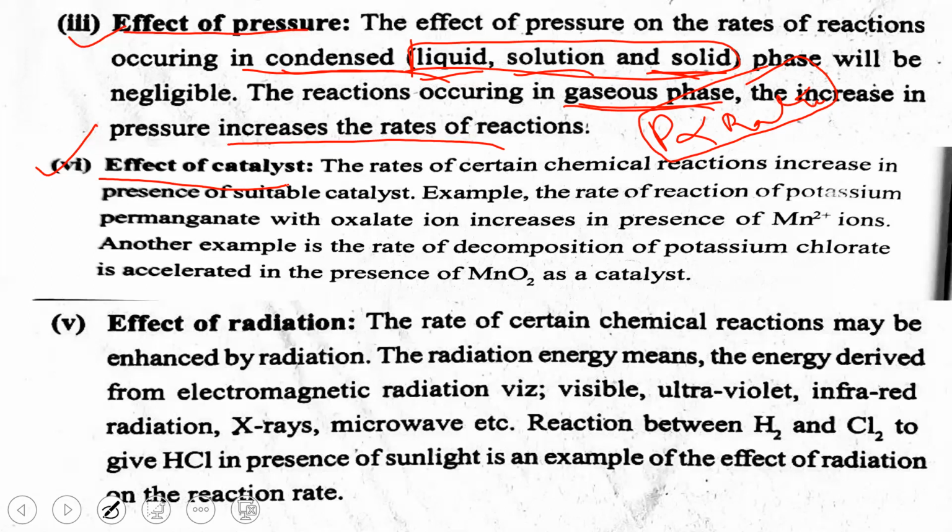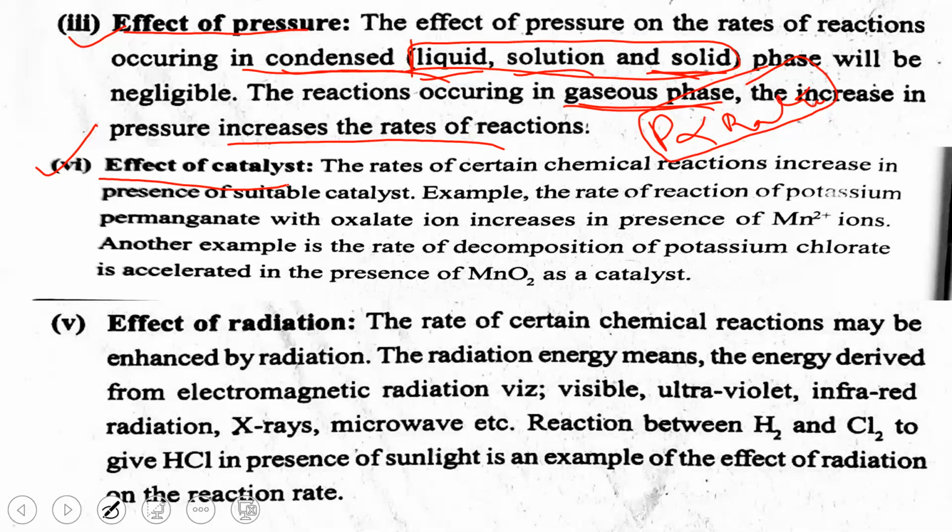For example, there is a reaction and we want the products in a fast manner. Then what do you have to do? You have to increase the rate of the reaction. So in that condition, if you add a chemical substance that has the capacity to increase the rate of the reaction, but does not get involved in the reaction,